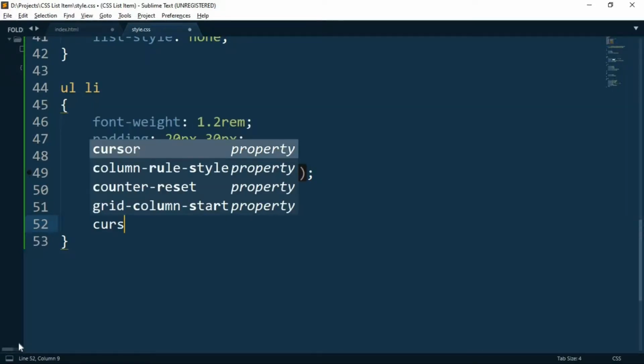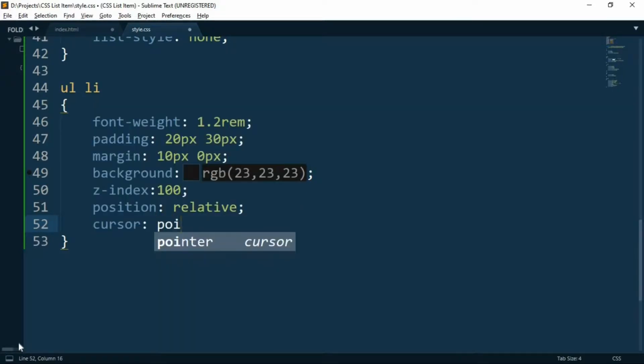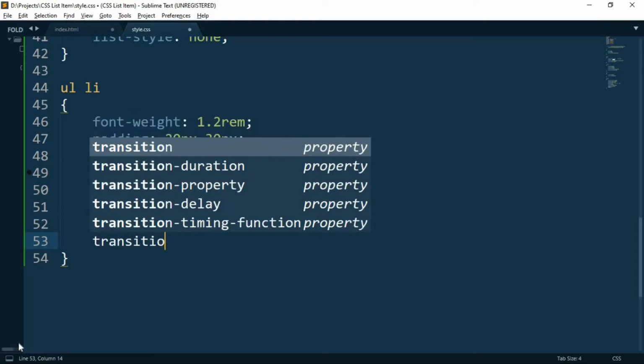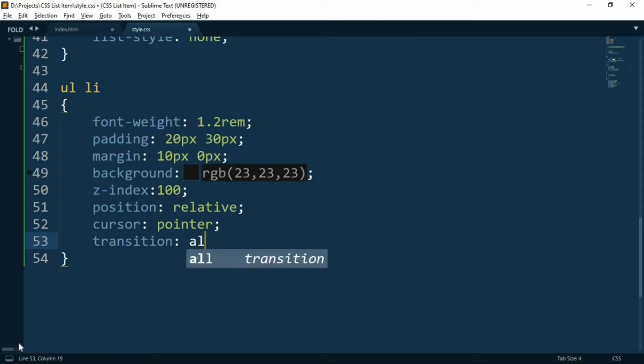So for that we set the cursor to be pointer, and we want now the best part of the CSS list item, that is the animation. So for that we need to give it the transition to be all, and the duration for the transition needs to be 0.6 seconds.